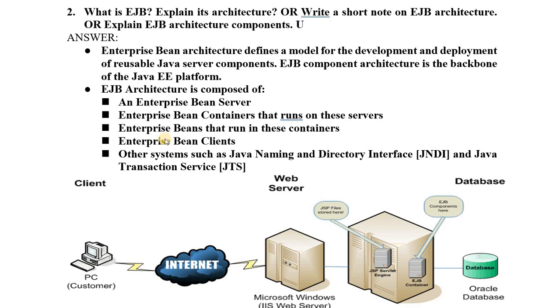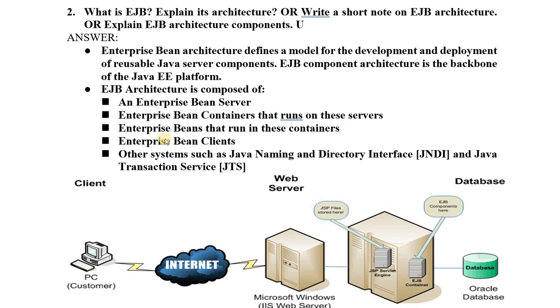Now, EJB architecture is composed of the following components. The very first, we have an EJB server. The second is the EJB container. These containers run on the servers. Then you have EJBs. These EJBs run on EJB containers. And then you have EJB clients who access the EJBs. And then you have other supporting services, that is JNDI, that is Java Naming and Directory Interface, and JTS, that is